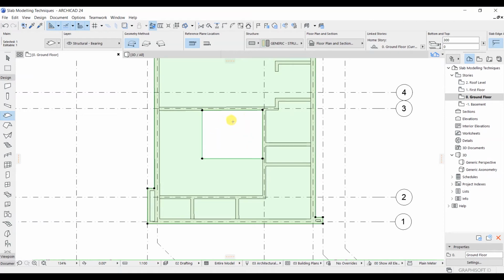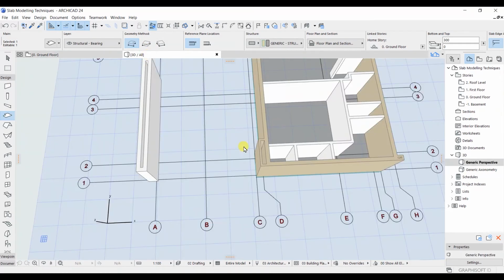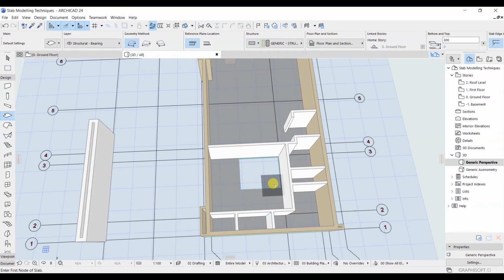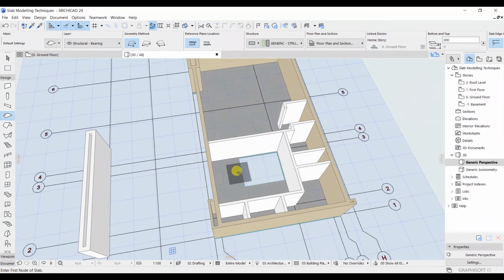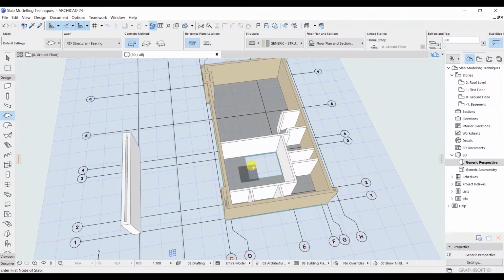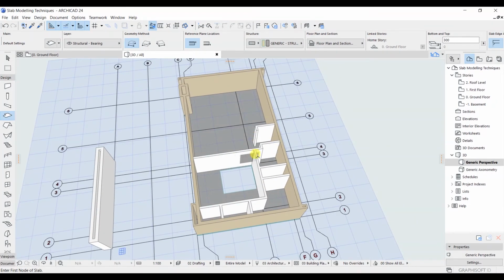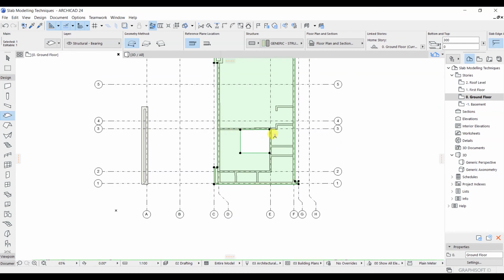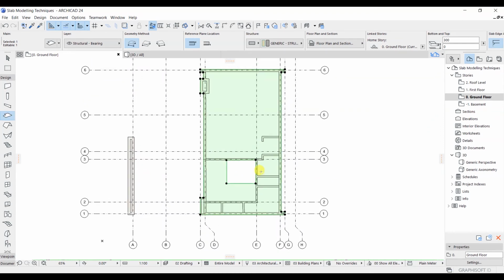If you want to see this in the 3D view, you can do that as well. For that you just simply go to this 3D All, and now you can see that we have this region available for the staircases. So in this way you have to do the cutout. Now if you want to go back to the ground floor plan, you just click on this one, and right now we are at the ground floor plan. Alternatively, you can press F2 to switch to the ground floor plan, that is the plan view.